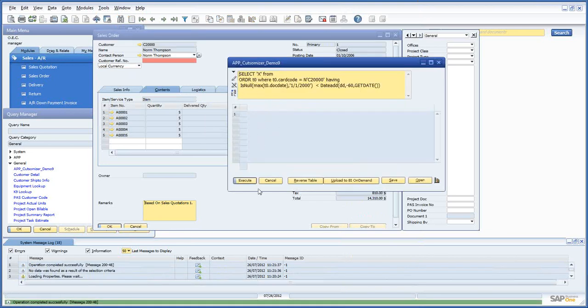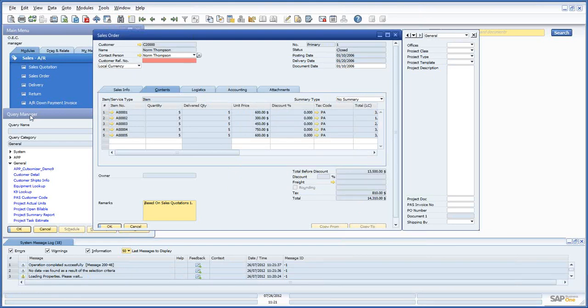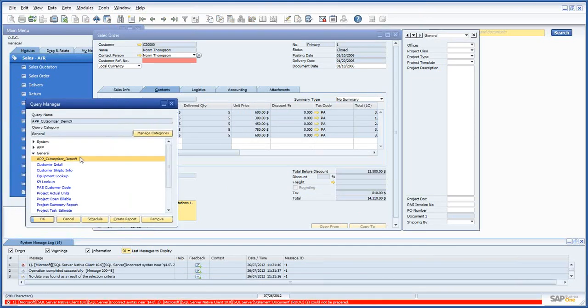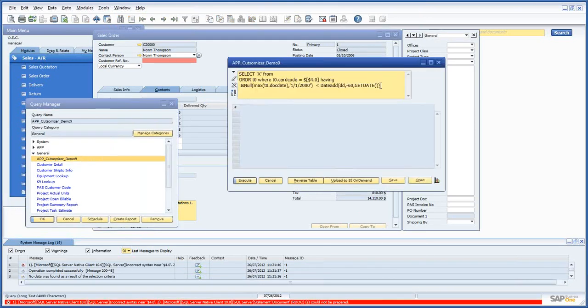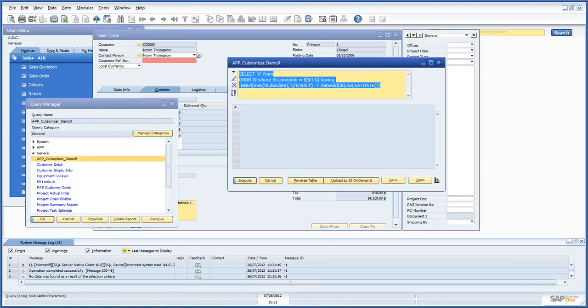If it's returning any errors, I can fix them. And once I'm sure that they're working, then I'll go back and get from the Query Manager window. I'll open it up there, and this is the query that I want. This is the one that doesn't fill in the values. It keeps the field reference values. And I can go ahead and copy this